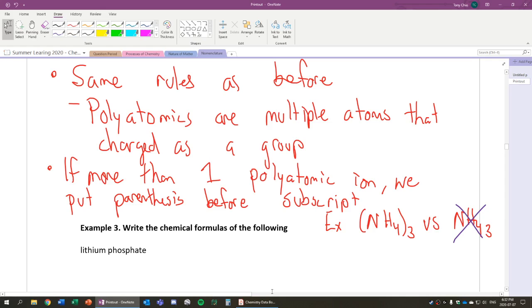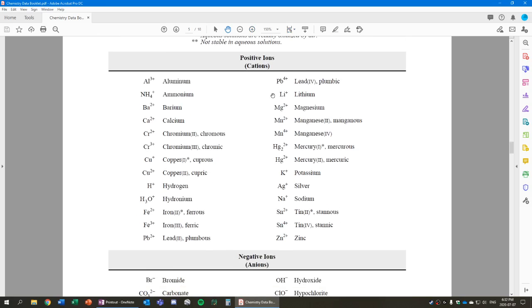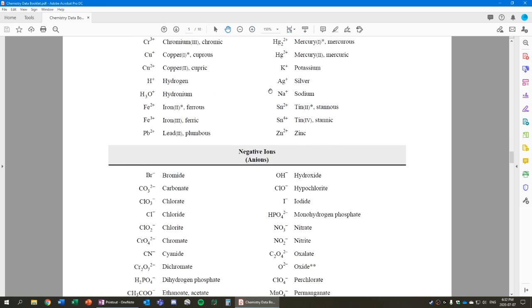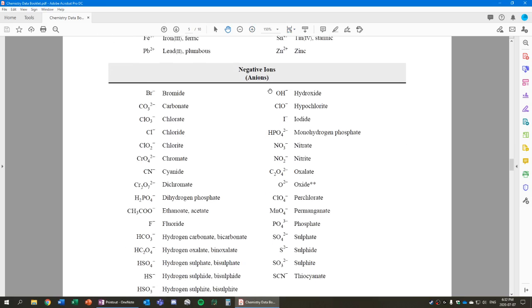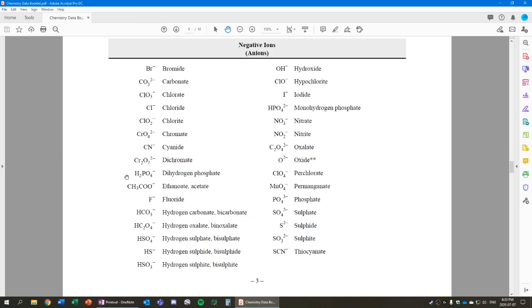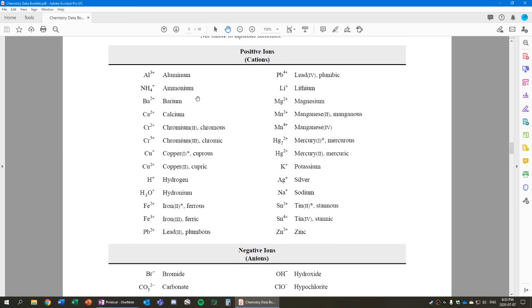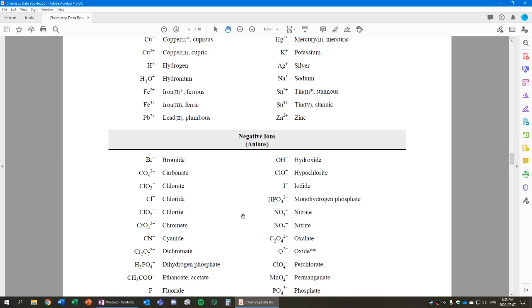Now, where are these polyatomic ions? Well, in this periodic table, it's the next 2 pages after the periodic table. So these are the polyatomic ions. They have multiple atoms as well as charges. So these are the positive ones and these are the negative ones. Okay,